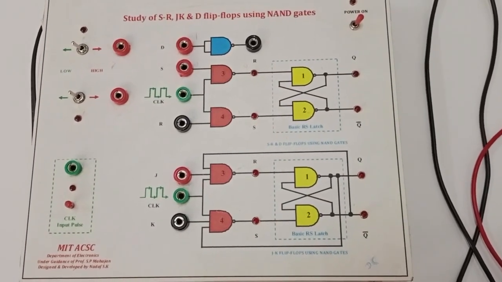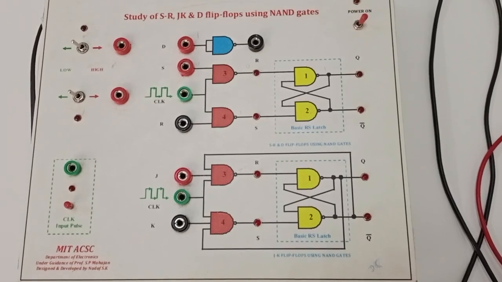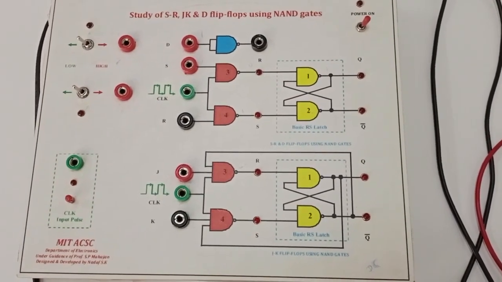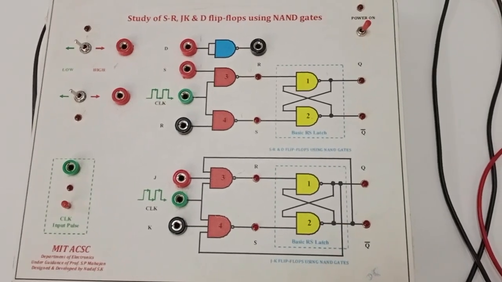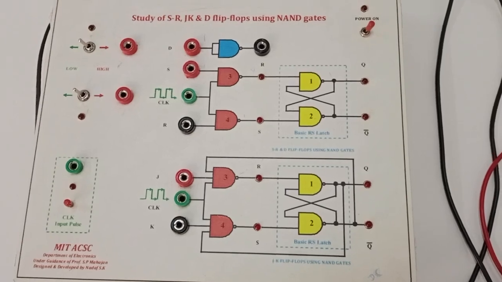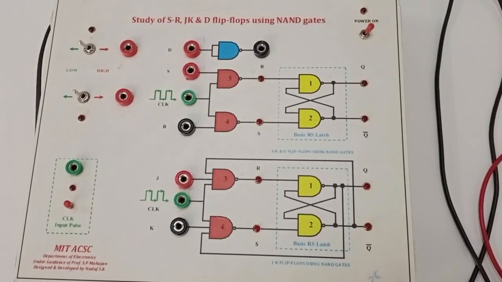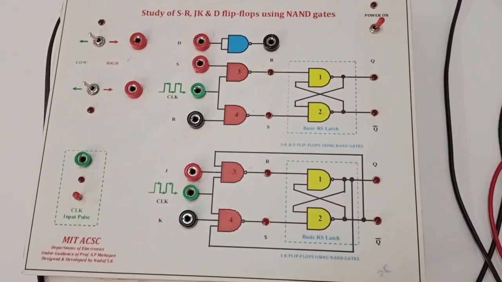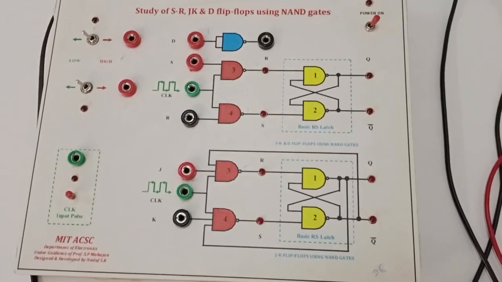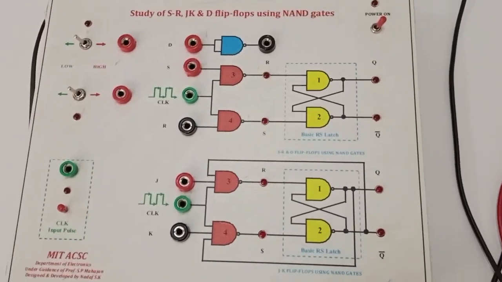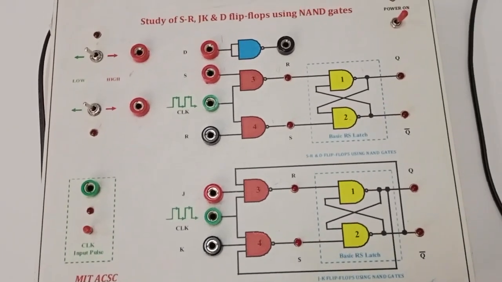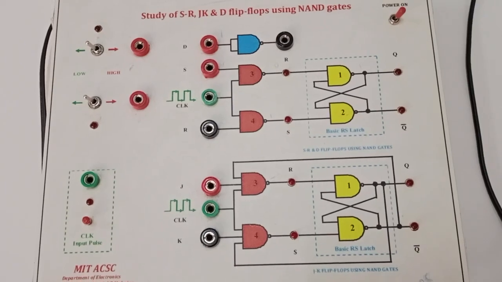Today we are going to discuss the practical based on the flip-flop. So what is flip-flop? Flip-flop is a cross-coupled type of device and it is used to store 1-bit data, as in the memory. So flip-flop is under the category of sequential circuit. So what does sequential circuit mean? Sequential circuit is nothing but the output depends on the present as well as the past value of the input signal.